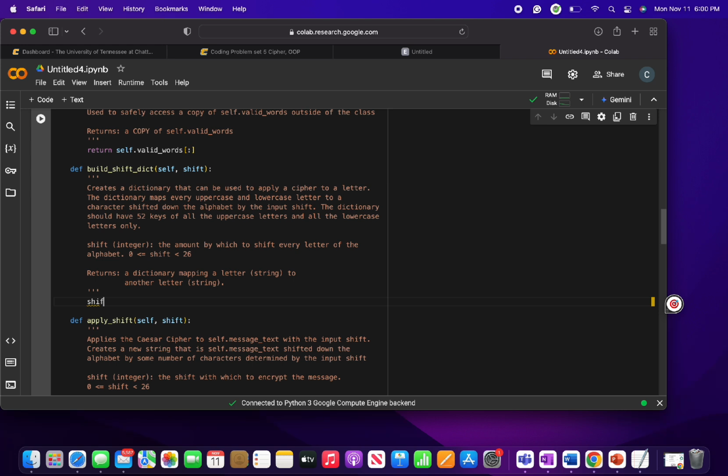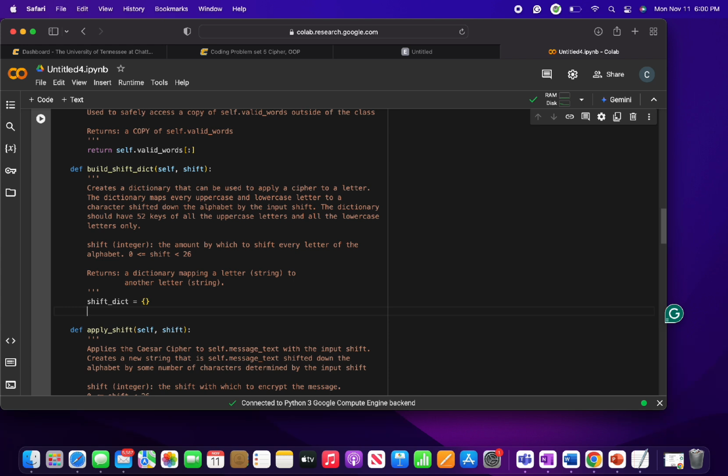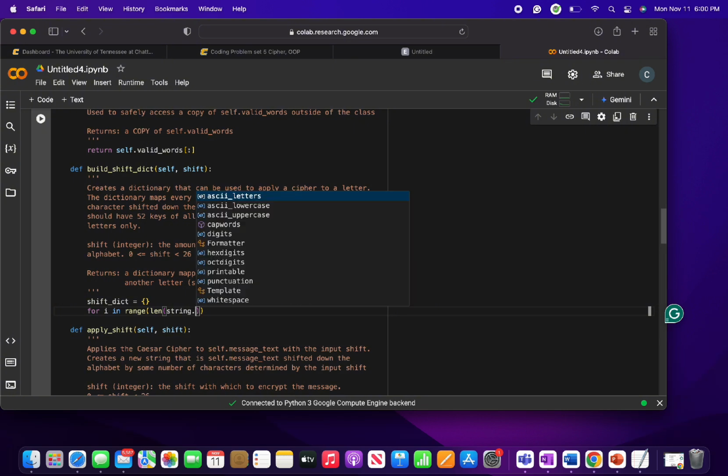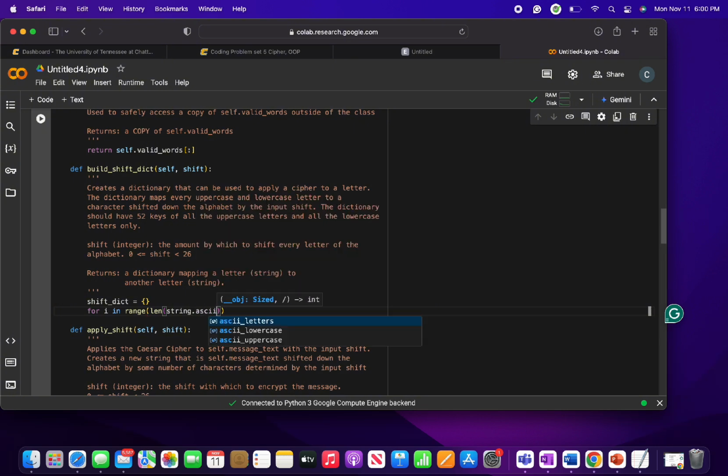Here I begin by creating a variable called shift dictionary, and I set it equal to an empty set. Then I create a for loop. I have to create two for loops, but for the first for loop I do it for lowercase letters. So basically it finds the length of the string and then takes all the lowercase letters, and then it shifts the index, and then I do